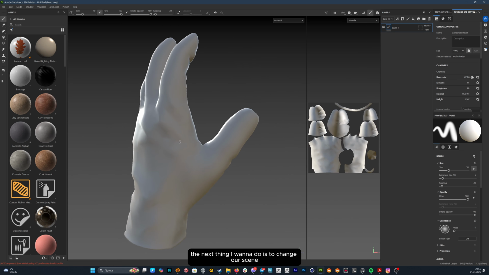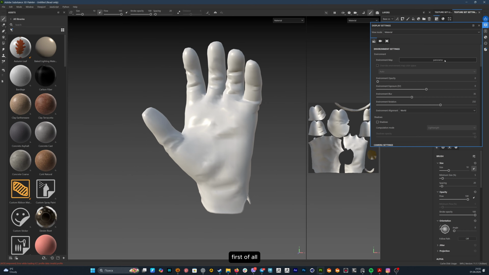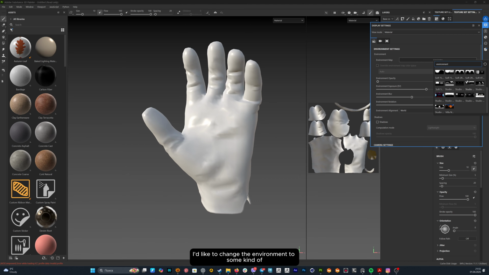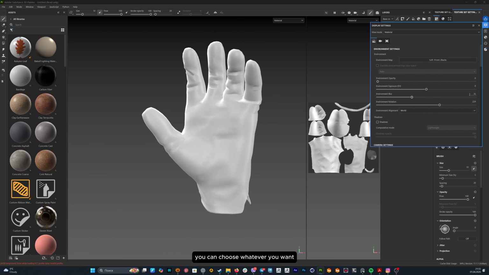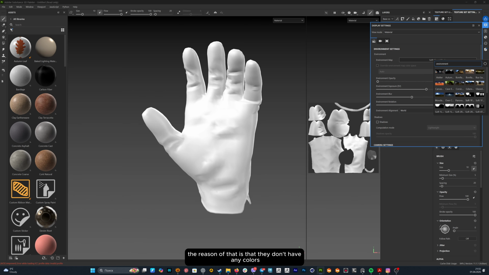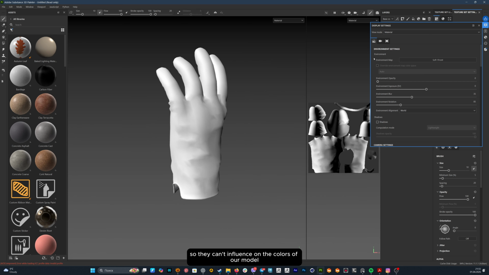The next thing I want to do is to change our scene on the light and some performance things. First of all, I'd like to change the environment to some kind of studio because it has flat colors. You can choose whatever you want, but I like to choose contrast studio maps. And the reason of that is that they don't have any colors, so they can't influence on the colors of